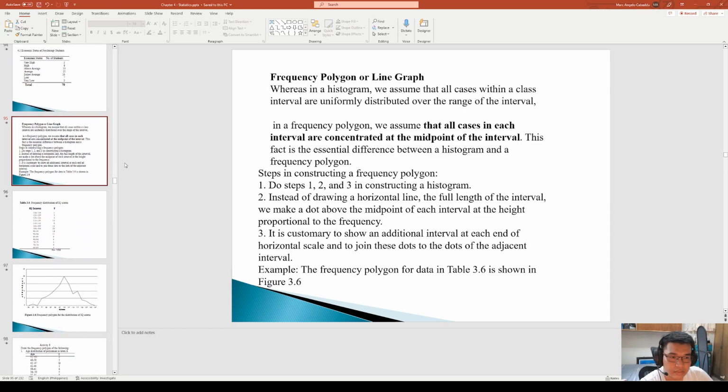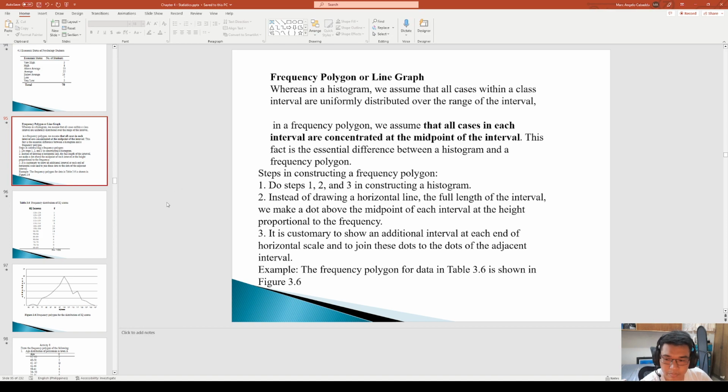And then third is the frequency polygon or what you call line graph. Okay, so it's much simpler, kung line graph sabihin natin. Okay, so what are the steps no in creating a line graph? First, do the steps 1 to 3 sa constructing histogram. What are the steps 1 to 3? It's